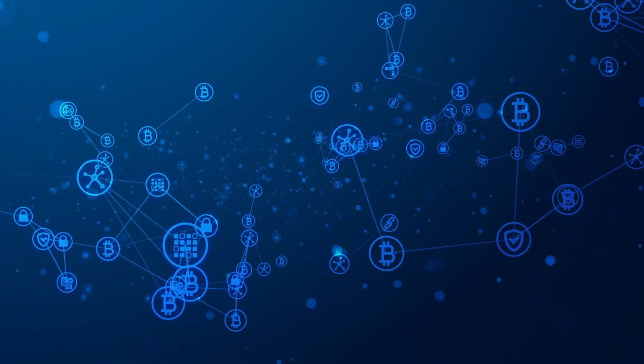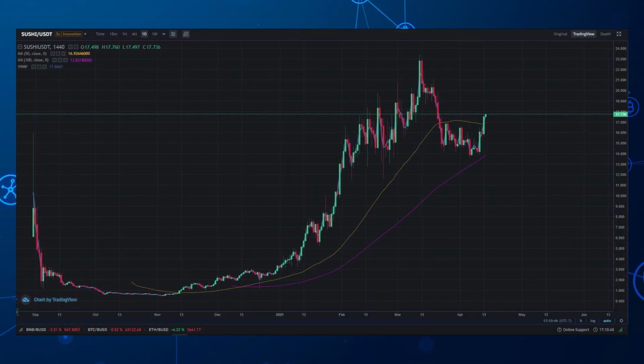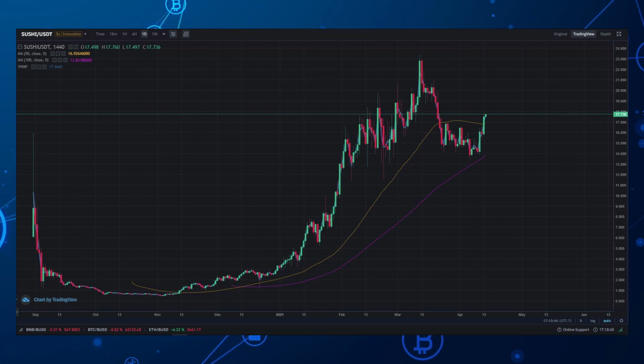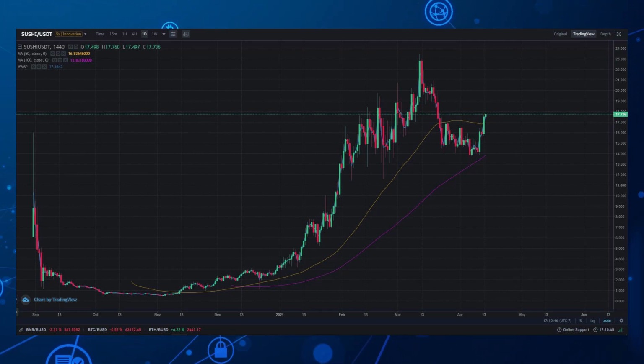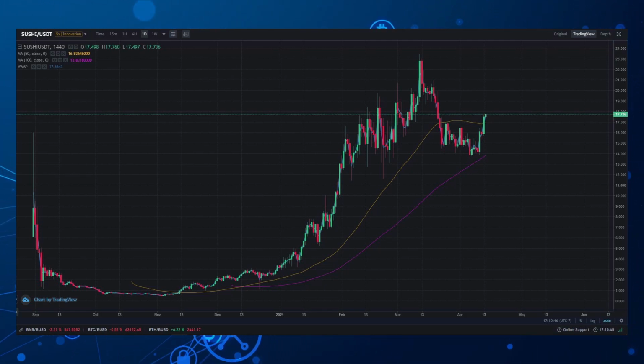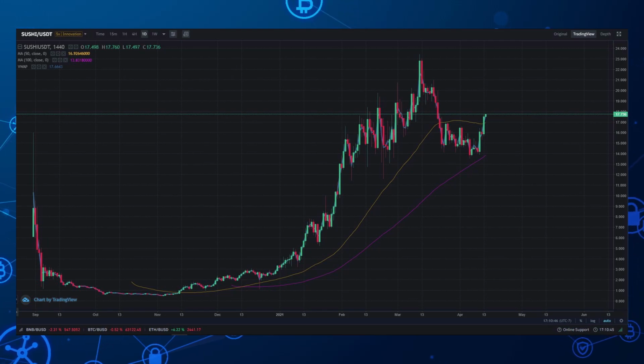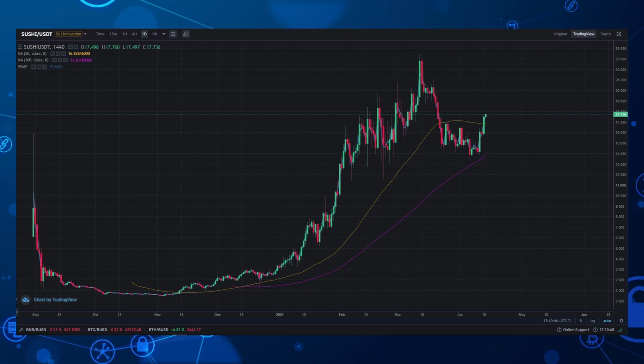Today's high was $17.68. Today's low was $15.65, daily change of 10%. The 52-week high was $23.45, and the 52-week low was 63 cents. The price has changed quite a lot in the past 24 hours. So as you can kind of see, it's jumped around a little bit.